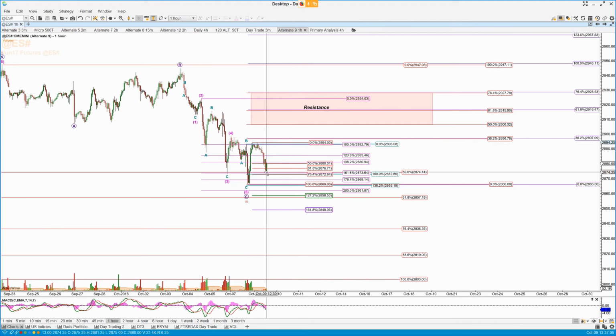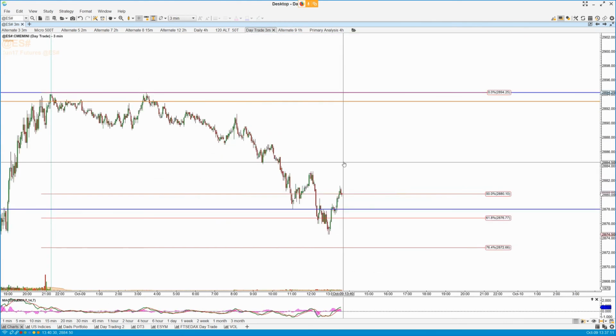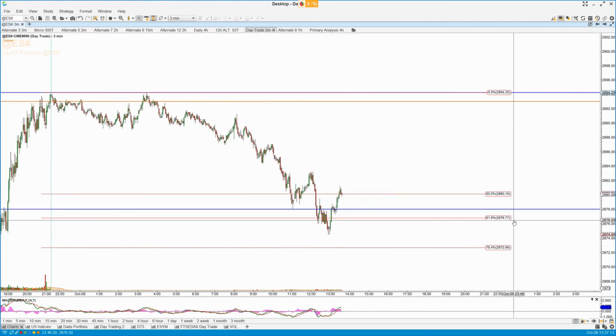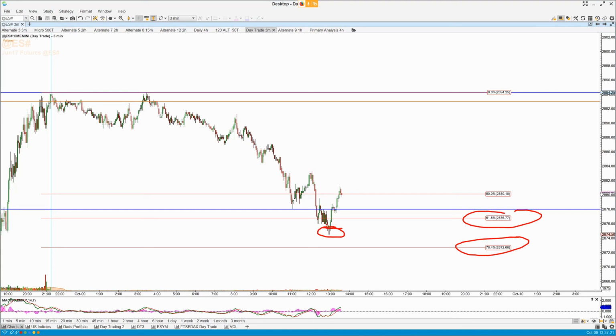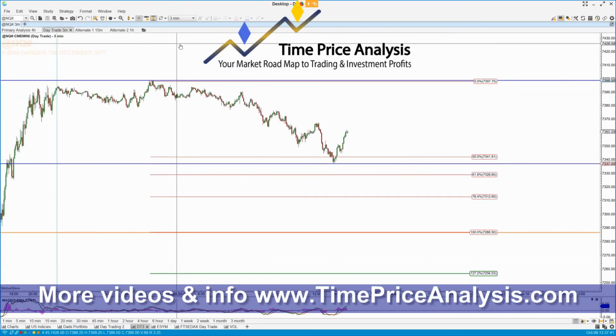From a day trading perspective today, we've got a 1 or A up, a 2 or B back, and we're bouncing fairly strongly at the moment. We've come underneath the 618 and not got to the 764. So if you took a long this morning off here, great, but make sure you protect it now. If you haven't, I'd wait till after the open. We may well get a pullback. We may even come down and hit this lower fib before we go up. But I'm looking potentially up this morning, certainly while we're over 28.72.5 in the ES.